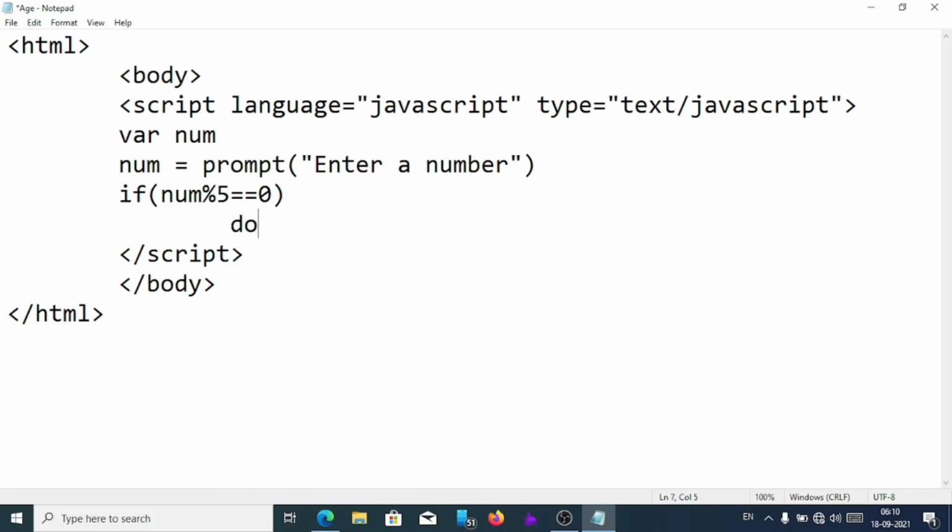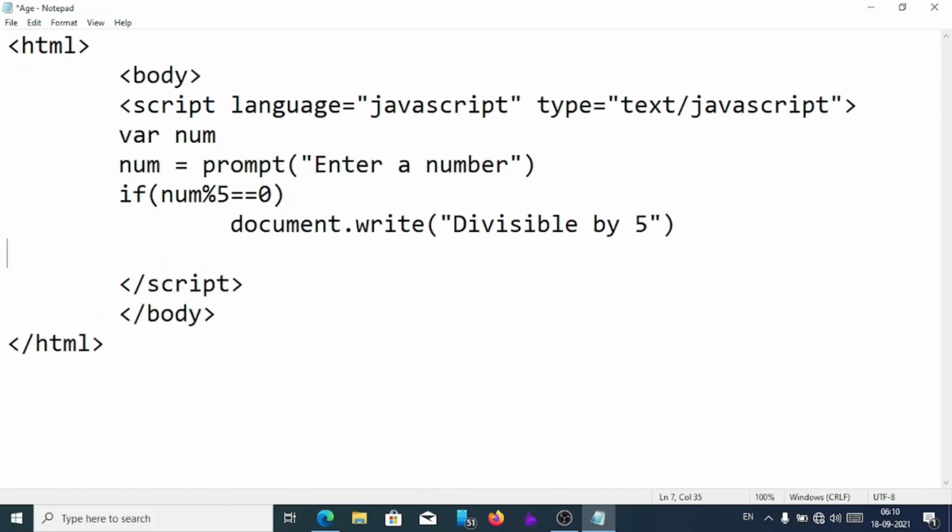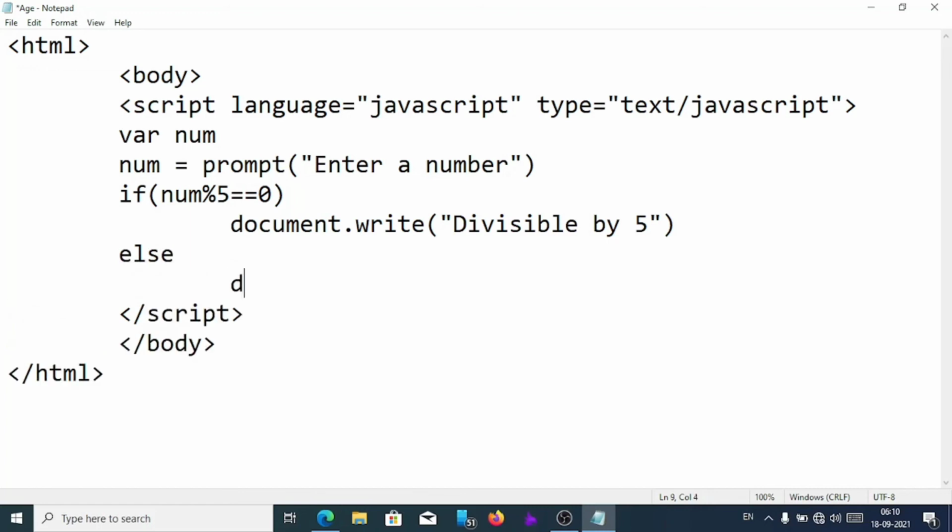Then we'll write document.write divisible. Then else statement, document.write not divisible. Now save it and let's see.